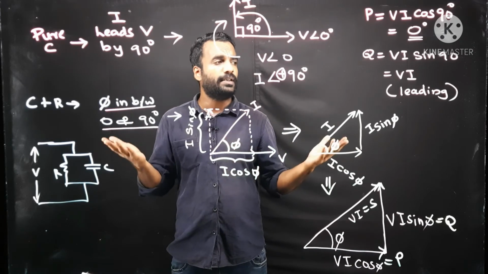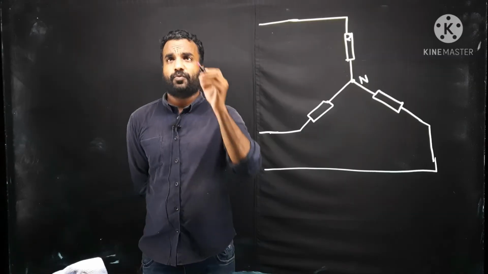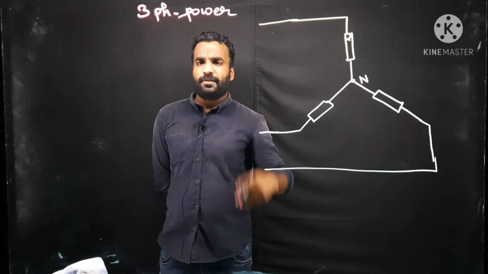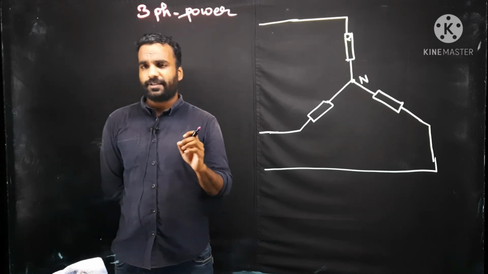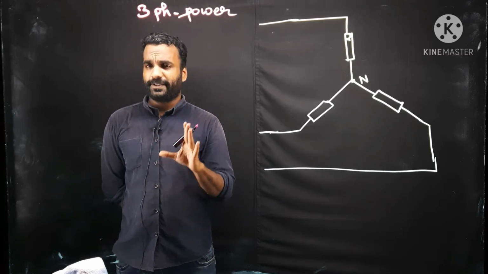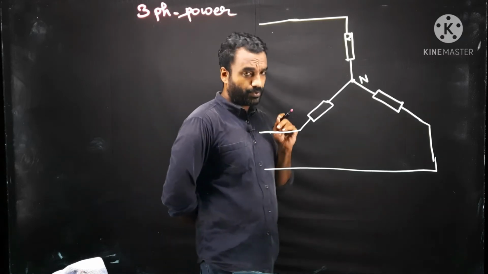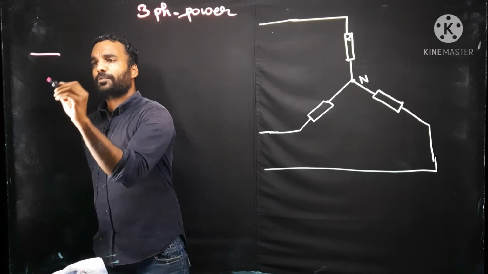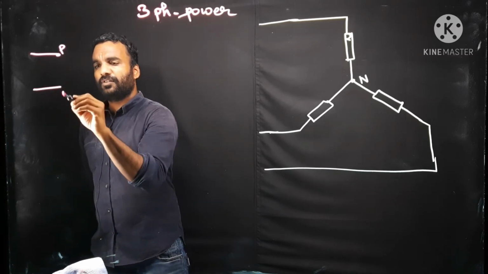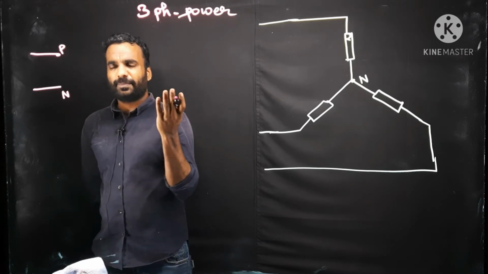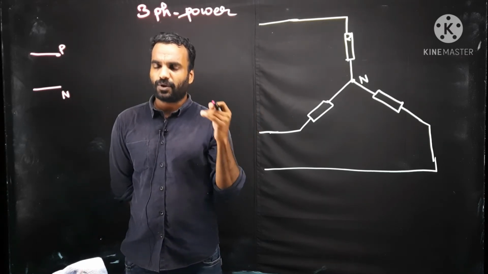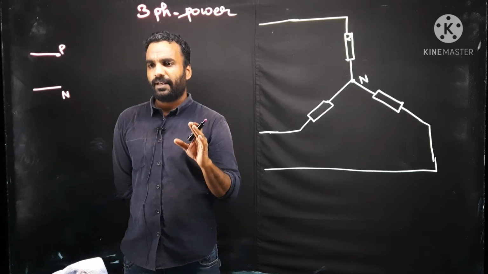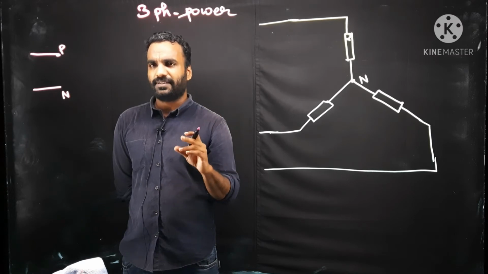Now you are moving to three-phase power. Okay, now we can start three-phase power. Before going to three-phase power, we note that generally in your home it is single phase. How many lines are coming into your house? One phase wire and one neutral wire. So in your plug also there will be only one phase and one neutral. Earth will be there, but that is some other case for safety; please leave it for now. The phase and neutral are the essential things for working a lamp or any other device. You need phase and neutral.